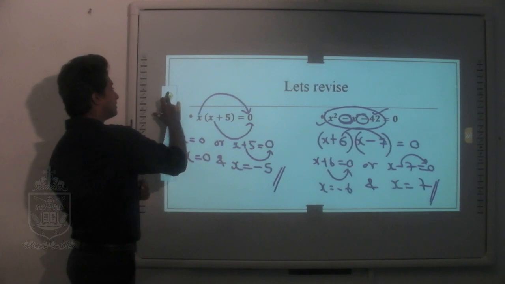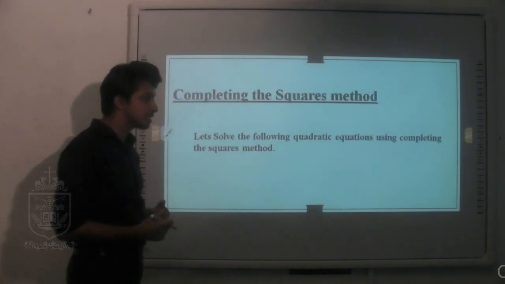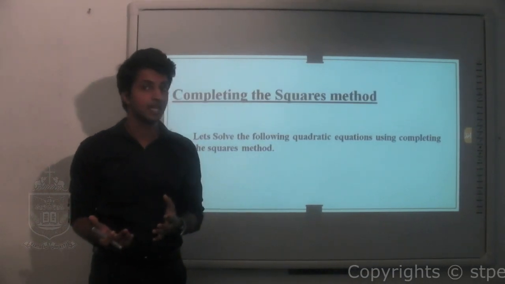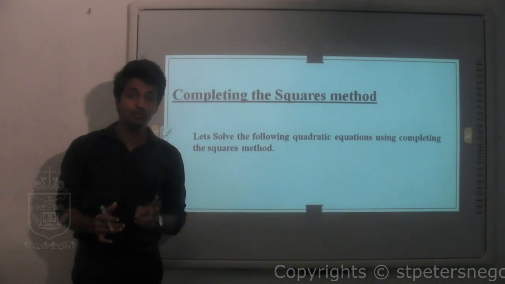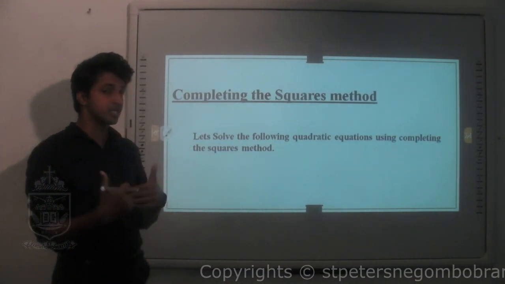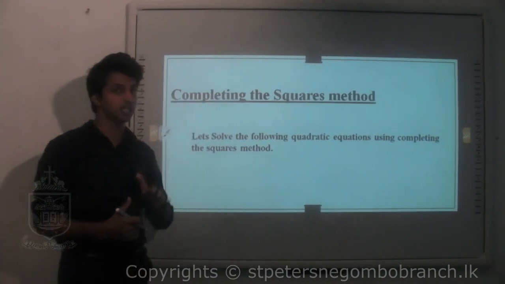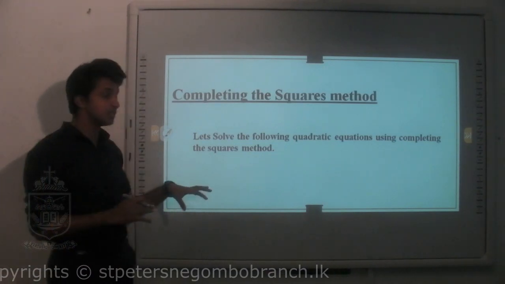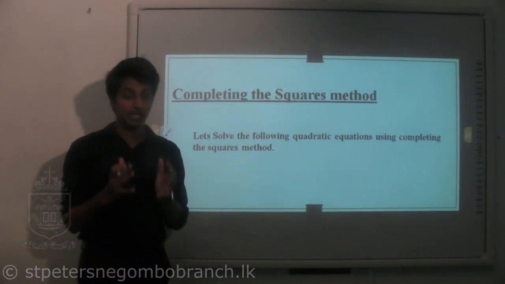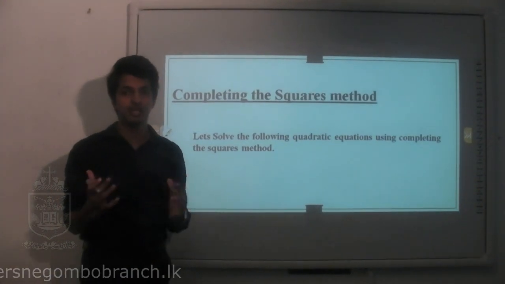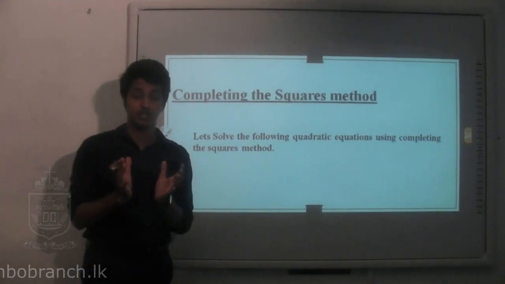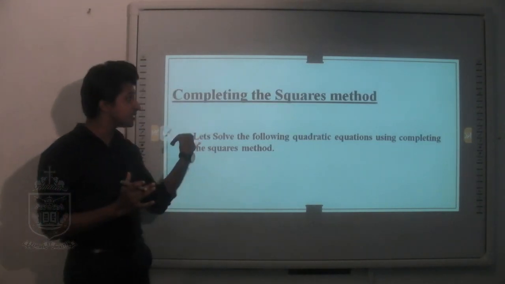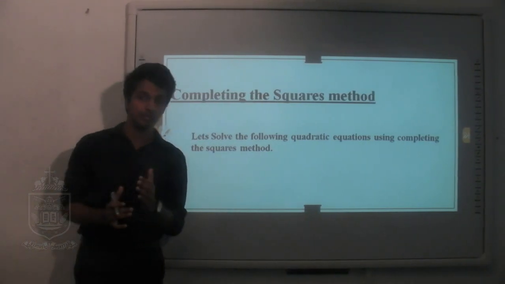Now in grade 11, we need to understand the quadratic equations we get that we cannot factorize and simplify. Hence, we are using two methods. The first method we are going to discuss today is the completing the squares method. For the exam, especially for the O-level paper, this question is included in the second paper, that is Mathematics 2. Probably between question number 3 and 5, there will be a 10-mark question from quadratic equations. So we have two methods of simplifying quadratic equations. One is the completing the squares method, the other one is the formula method.